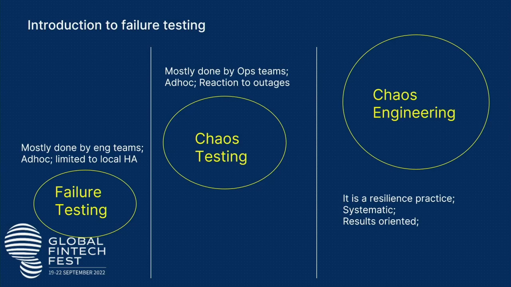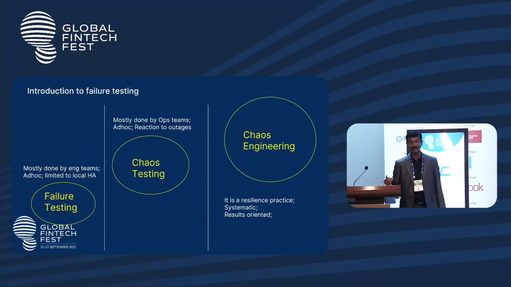And the SRE teams or ops teams also focus on chaos testing, more of a reactive approach. We had an outage, and then they do the root cause analysis, and then, hey, let's do some chaos testing, and they put some 5-10 test cases. Let's continuously do this failure testing from now onwards, right? You can call that chaos testing, not chaos engineering, right? Chaos engineering is really about